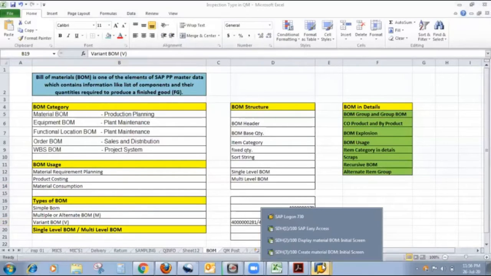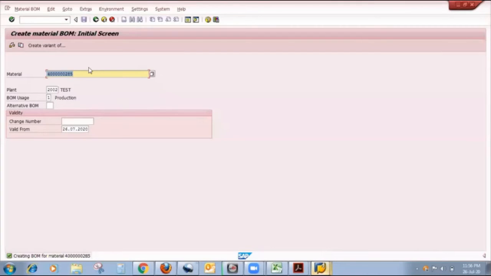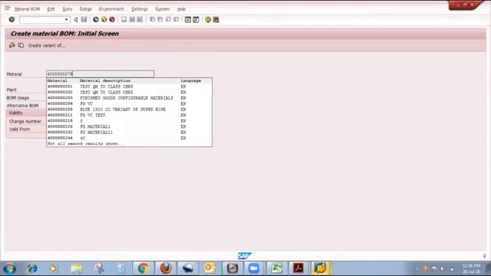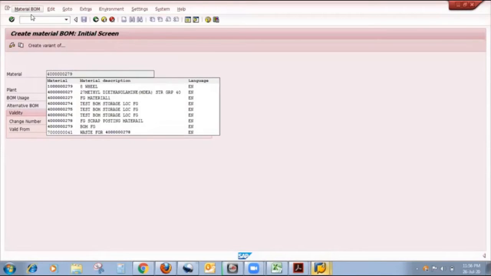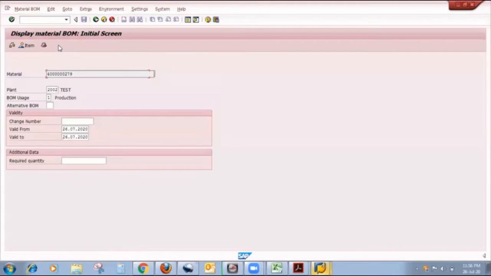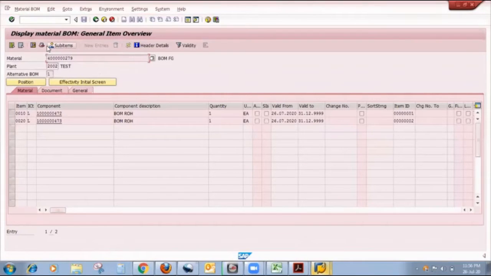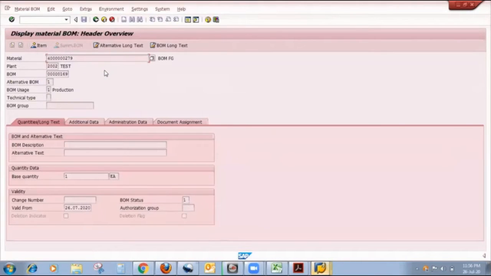So friends, firstly, this is my finished material. I will go to display mode and enter. If I click here on header, you can observe that in the header there is one finished material, there is the plant, there is the BOM number, alternative BOM 1, and BOM usage 1.